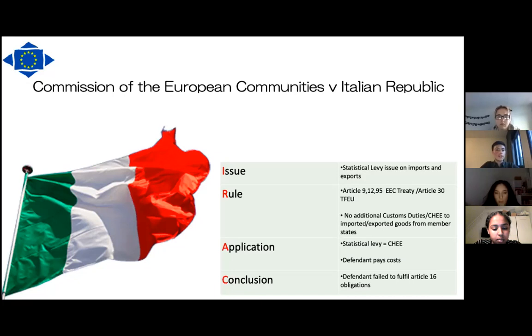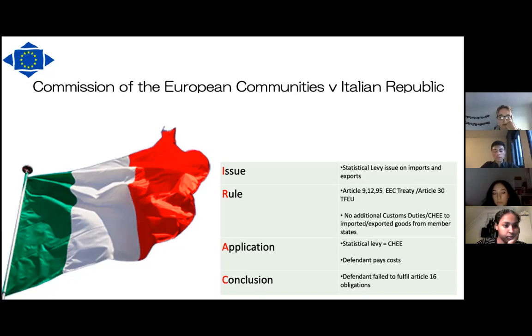Additionally, the defendant explained that the levy benefits businesses with clear and accurate information on the movement of goods. They mentioned that it is better than that from statistical institutions. On the other hand, the applicant stated that the statistical levy is a charge having an equivalent effect to customs duties because it produces a discriminatory effect, as it's not imposed on goods produced in Italy that are intended for the domestic market. As this levy was imposed on almost all goods to importers and exporters, the applicant was correct when claiming that there were actually two charges having an equivalent effect to customs duties.